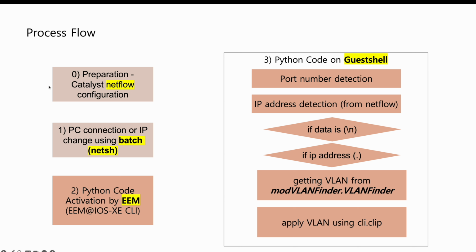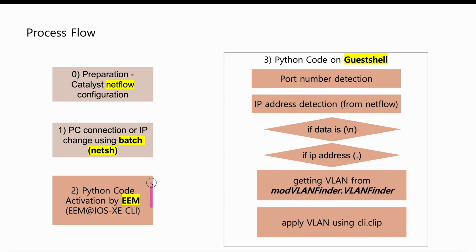First, I will configure NetFlow. Using NetFlow, we can detect the source IP address. It was pretty important, because he will change the source IP address, so we have to detect it. The customer can change the IP address using the mouse, but if we use a batch file with netsh, it looks nice, so I can give a small automation to the customer. And when the IP is changed, the network interface will go down and up, and the EEM, the Embedded Event Manager,